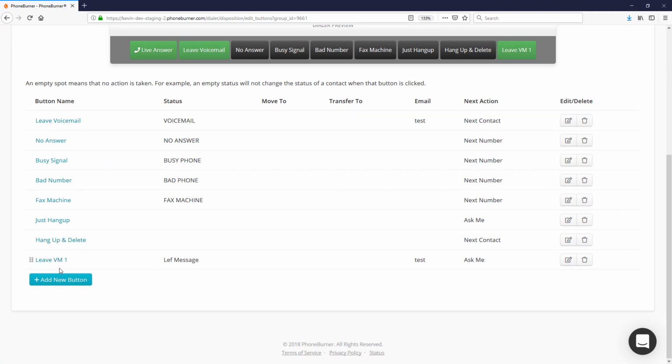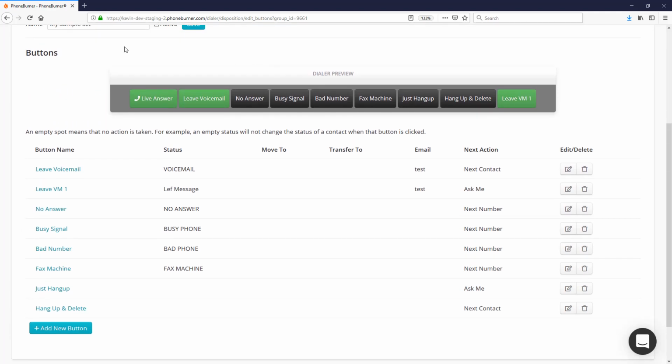Let's say we want to have our Leave VM1 button right next to our Leave Voicemail button. We can actually just grab this and drag it up. Once we drag it up there, it's saved. If you want to update the preview window, though, you do need to refresh the page, and you'll see it's now showing in the proper location. And that's how easy it is to configure the dispositions or buttons